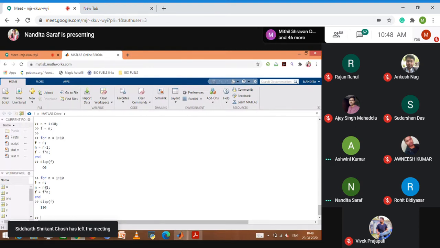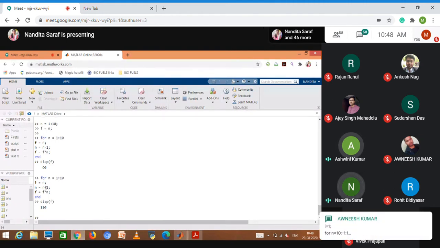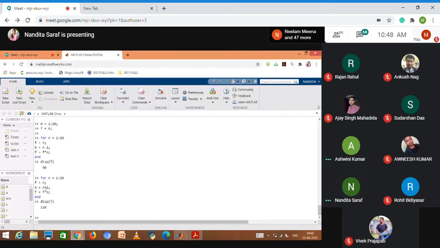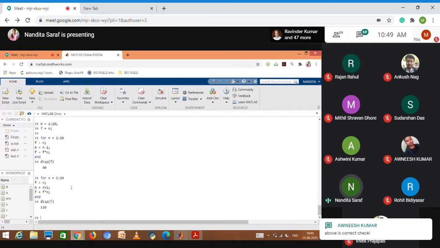You can keep f is equals to 1 outside the loop, and then we can begin the loop. But it won't evaluate that. It will keep on executing the loop. It won't update the value of f. Did you get what I said? Yes, ma'am. So it will not leave the code. It will keep on evaluating here, and then we'll look into this. Okay. So now,